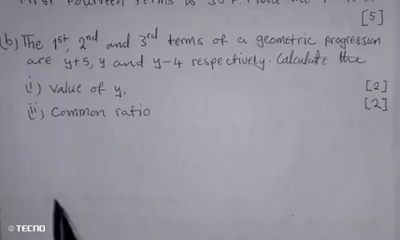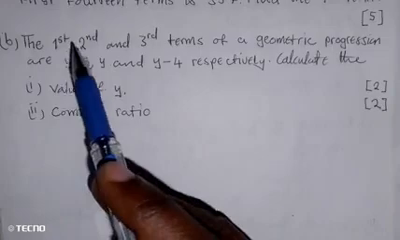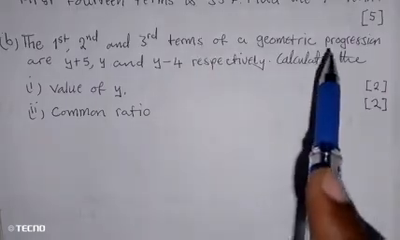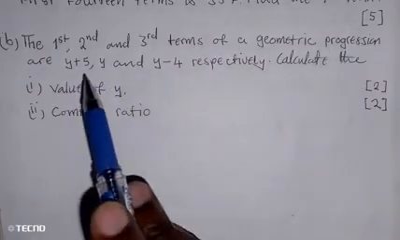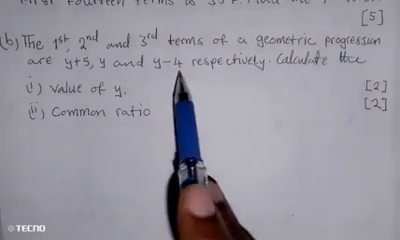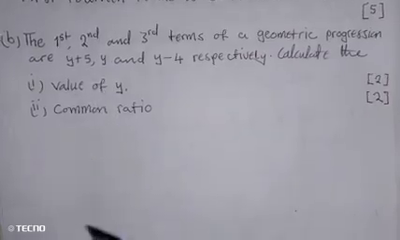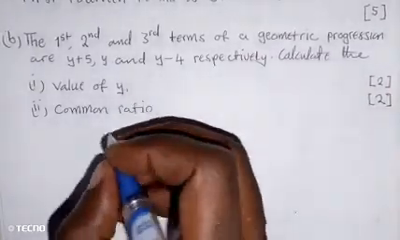Okay, so now the second question. The first, second, and third terms of a geometric progression are these respectively. Calculate the value of R. Okay, so here what we have